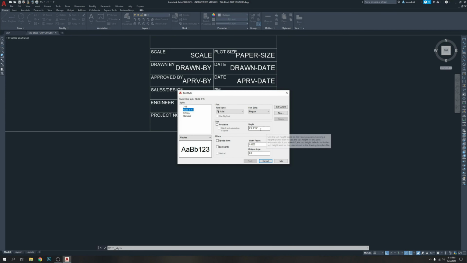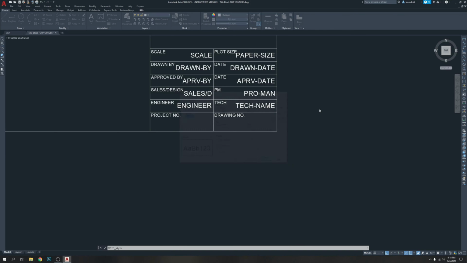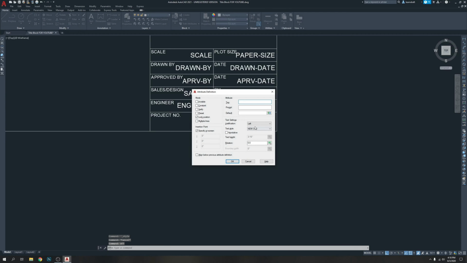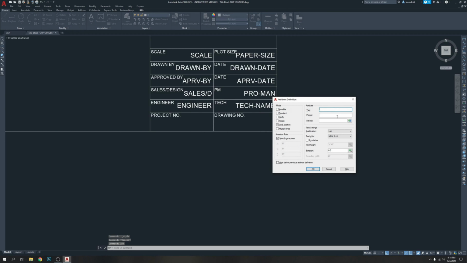Now we are creating on 316. Let's check the small 316. Small standard is quarter. I'm going to create it on the standard. So we are going to create on the standard text style. Attribute ATT, enter. Going to put the name PROJECT-NAME